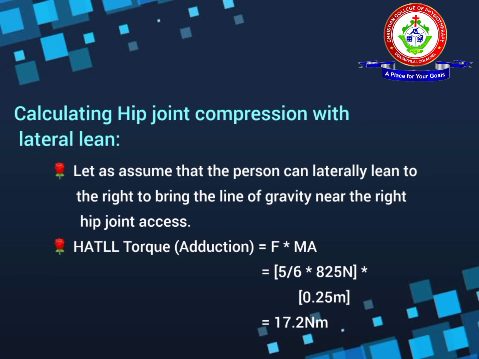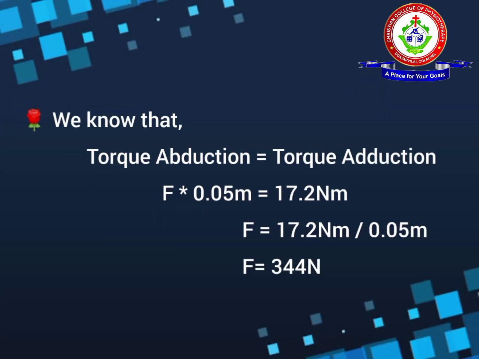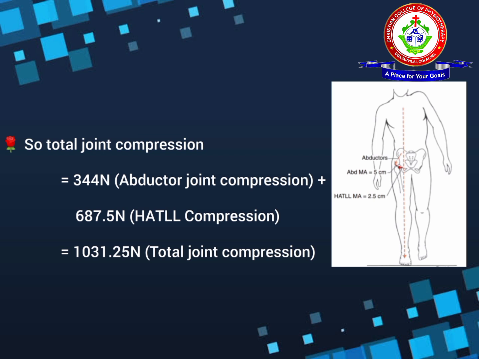Calculating the hip joint compression with lateral lean. Let us assume that the person can laterally lean to the right to bring the line of gravity near the right hip joint axis. First, we had to calculate the head and left leg torque, that is adduction torque, which is equal to 17.2 Newton meter. We know that torque abduction is equal to torque adduction. By calculating, we get the torque abduction is equal to 344 Newton. Therefore, calculating total joint compression, we have to add abductor joint compression and head and left leg compression. Therefore, total joint compression is equal to